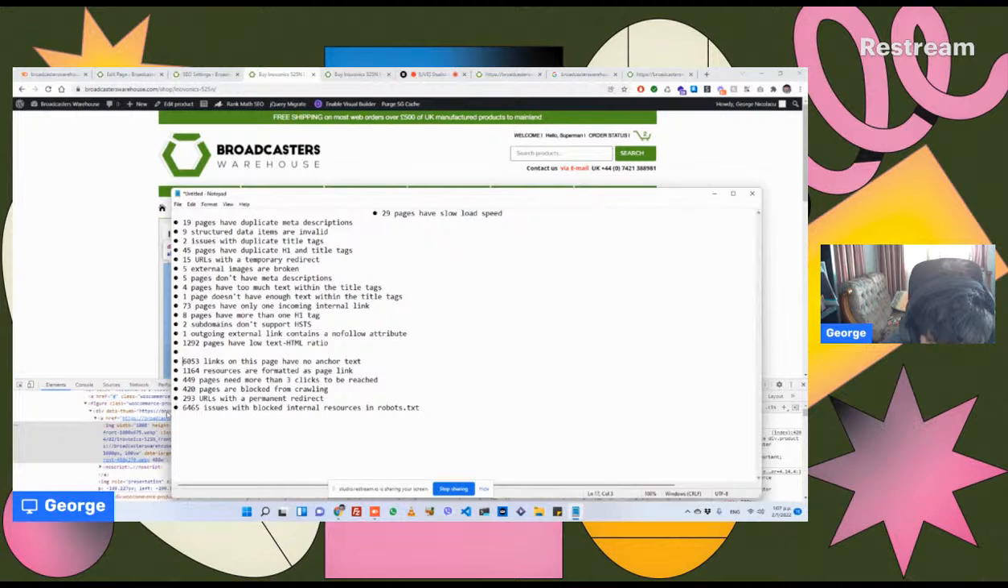The 6,000 links that don't have anchor text. Now anchor text, I'll check later, but wait, let's try and fix a few other items. The 9 structured data items that are invalid, I can tell you are probably products where he started to fill in data but hasn't finished yet. So it's missing, for example, I don't know, a price or